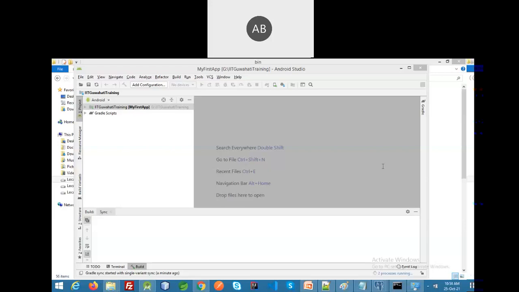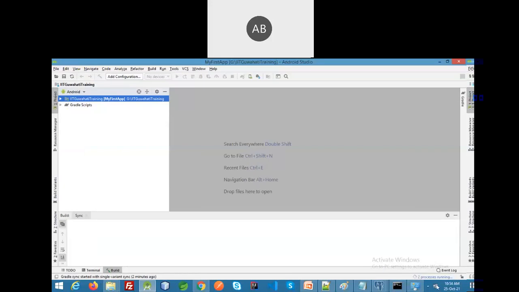So if you are using Jelly Bean, you can use it with no issues, but you must be very focused on what kind of code you are writing. It should not affect the Jelly Bean users. Right. Now, as you can see, our new project is about to be ready because